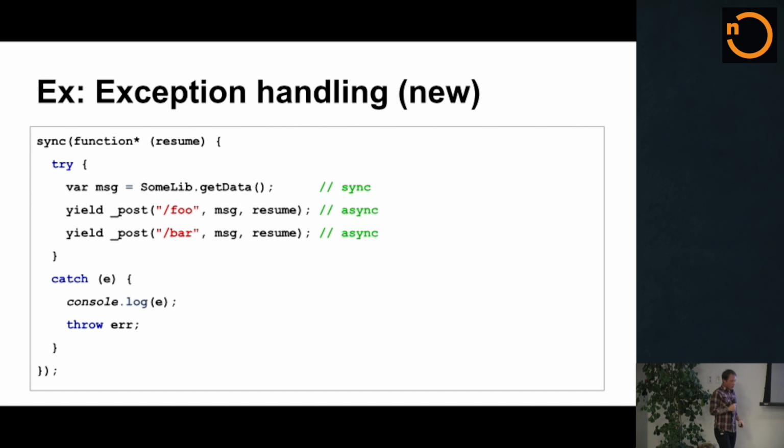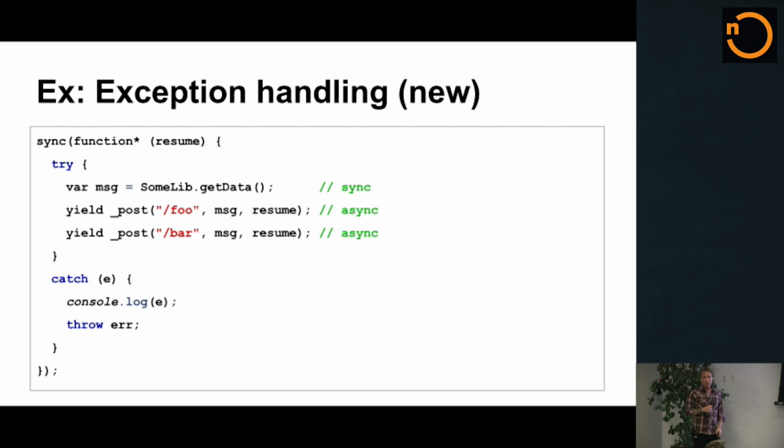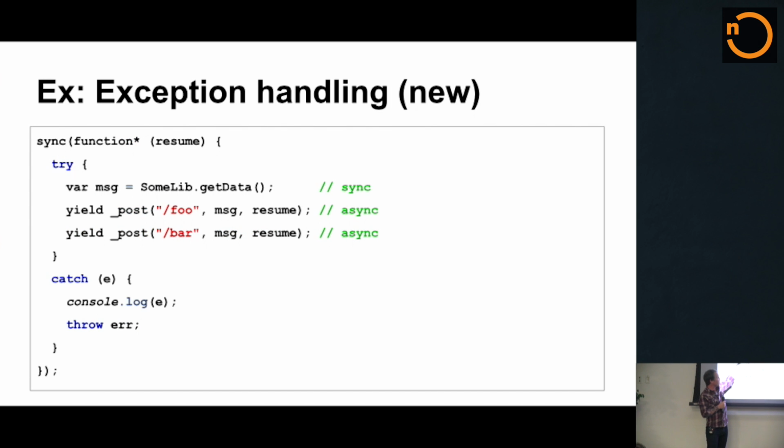The way that it works, with a slight modification to our sync function, is that instead of resuming the generator function by feeding in a value, we can resume the generator function immediately raising an error at the point that it's suspended. So let's say my call to post bar raised an error that I want to re-raise. I can easily resume the generator function calling raise, which, immediately after the yield and its expression, will raise an exception, which we can then catch in the try-catch block that is built into the language.